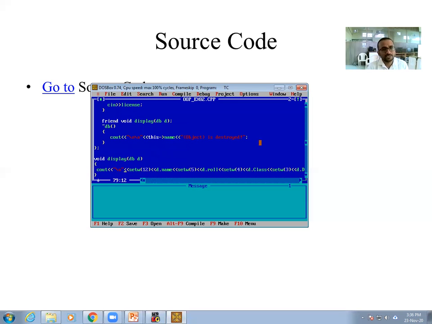So print void display dbd. With the help of this, we are going to display all the information that we have stored in our database, and after that we have used the destructor. With the help of the destructor we are going to destroy our object, and in this destructor we have